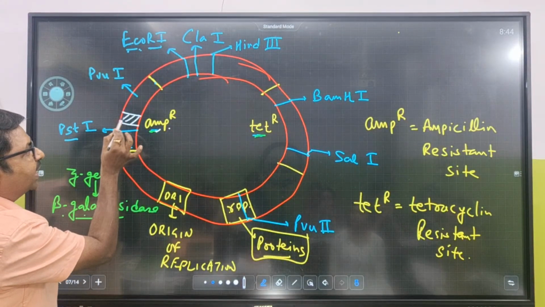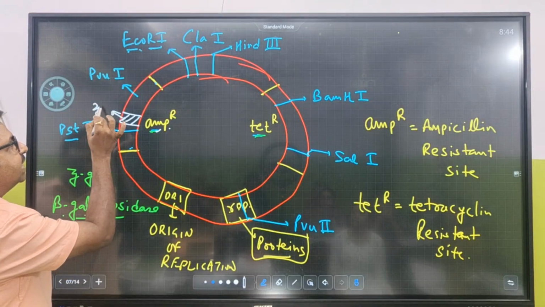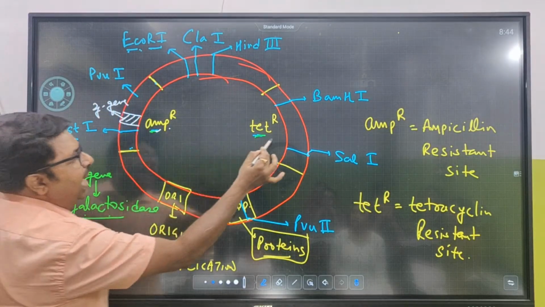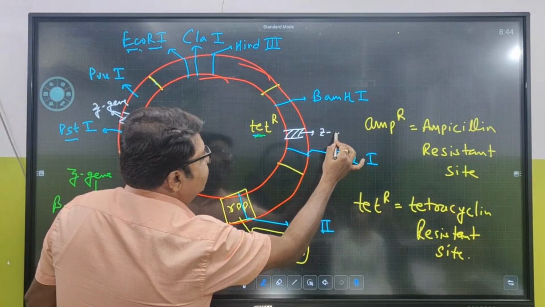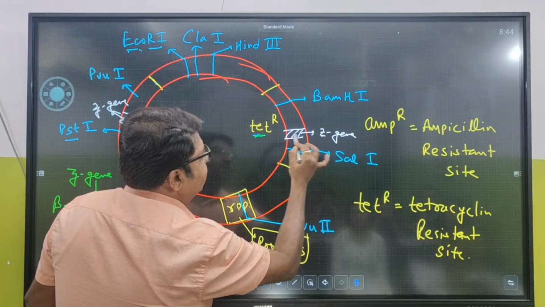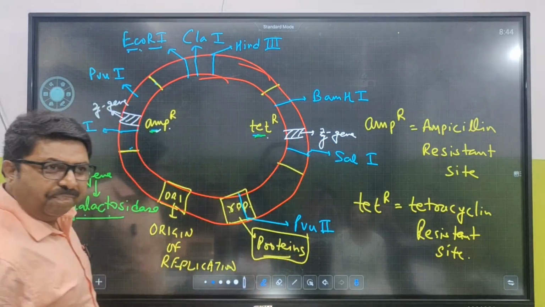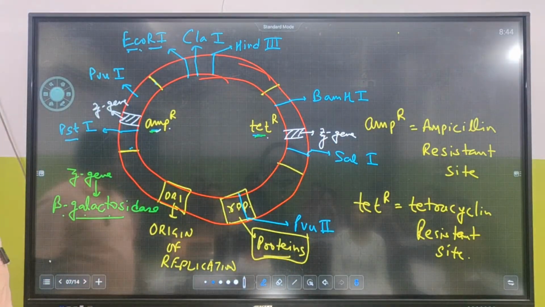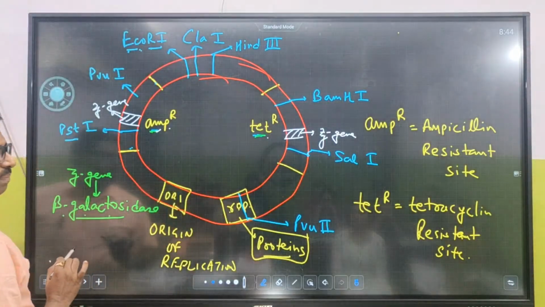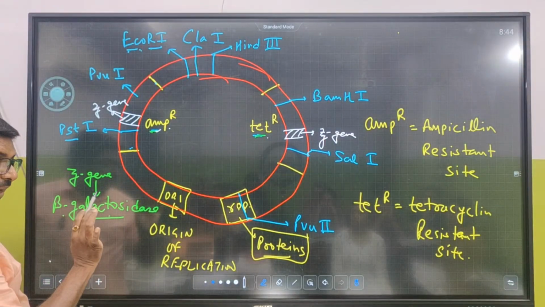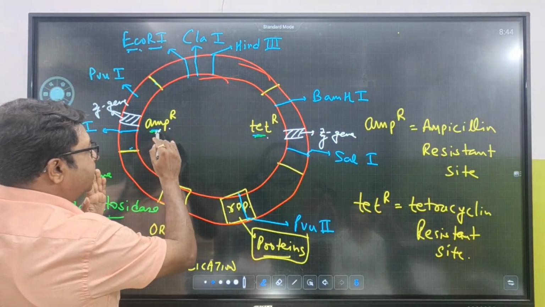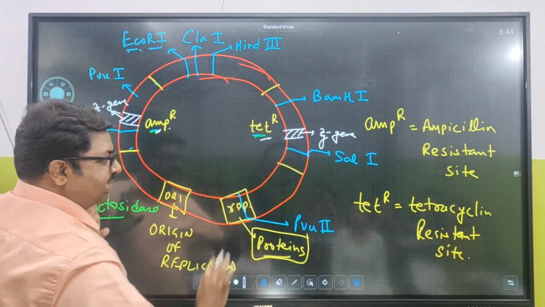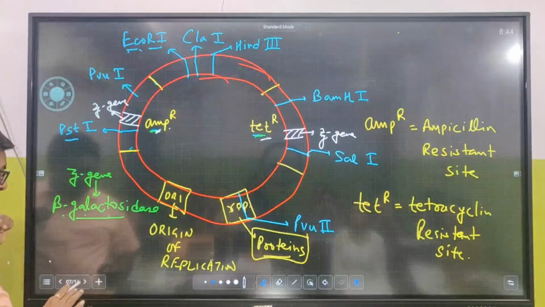This is what you have taken. You have inserted the Z gene over here, as well as inside the tetracycline site. Clear? Now understand. What is the utility of having the Z gene in both the selective markers or both the cloning sites? What is the utility? The utility is,